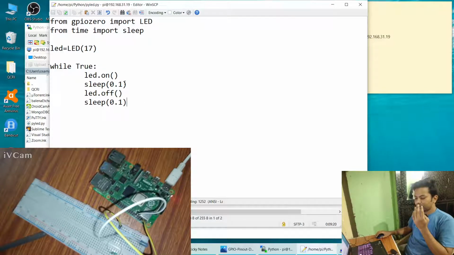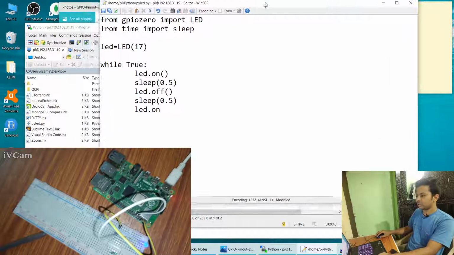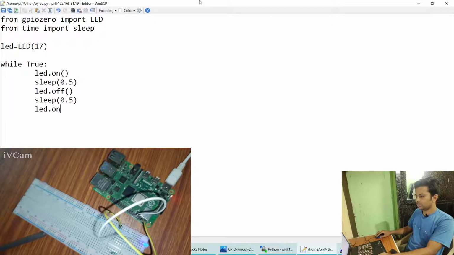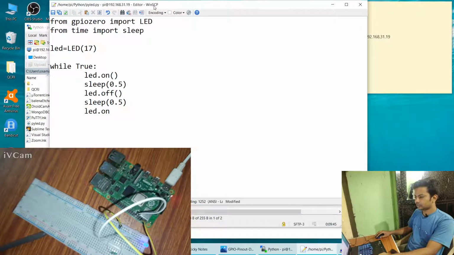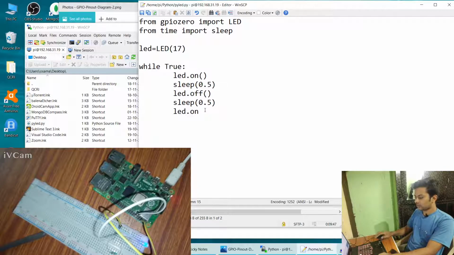So we want to make something that looks real. We'll say LED dot on, 0.1 sleep, and we'll say LED dot on, make it 5. I want it to look very classy. You'll see what I'm saying. LED dot off, then LED dot on, then again sleep